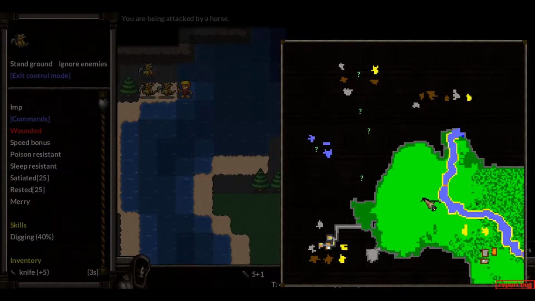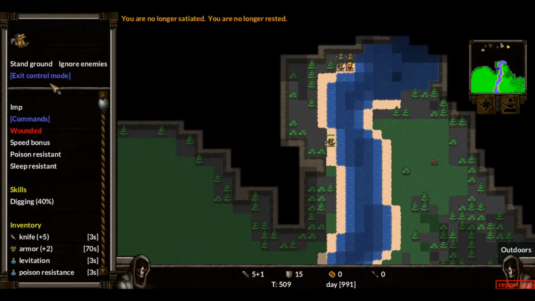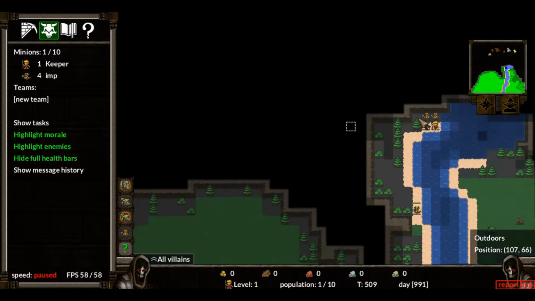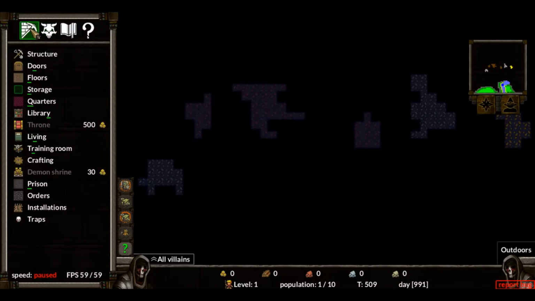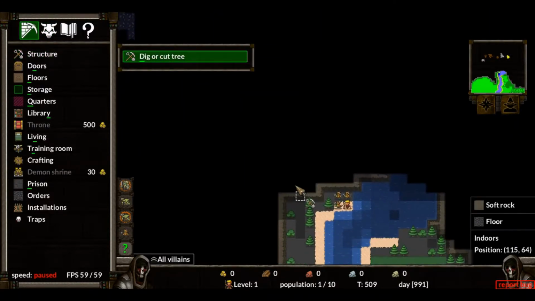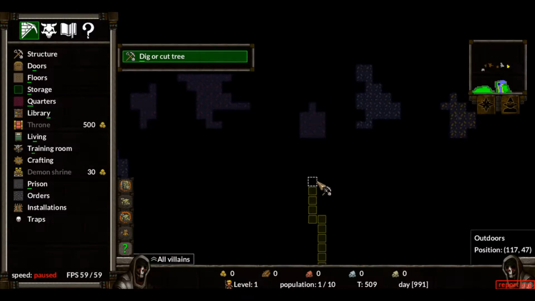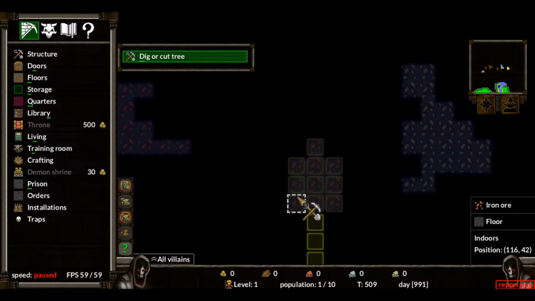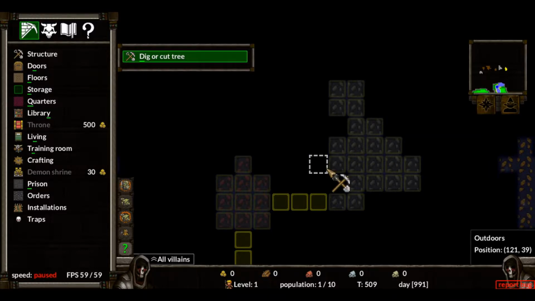Now, I'm going to do something a bit different in this game. For this game, in most games, you're gonna build an actual dungeon by digging out a little base. However, I'm not going to do that. Instead, I'm going to build a fortress because I've played this stuff like a dozen games or so. I've won one, but